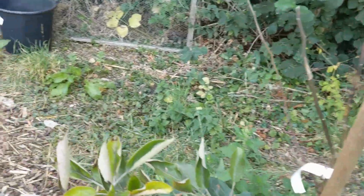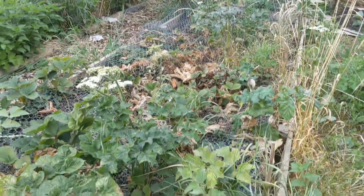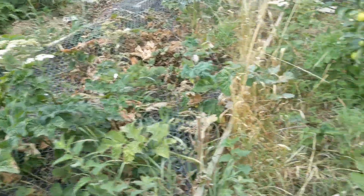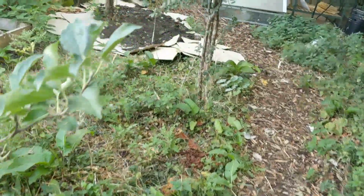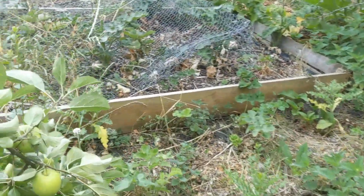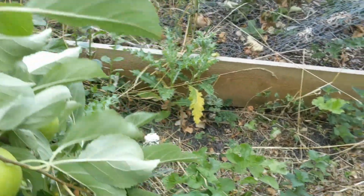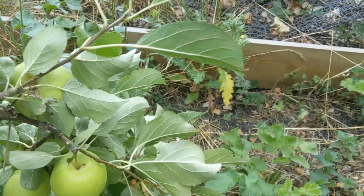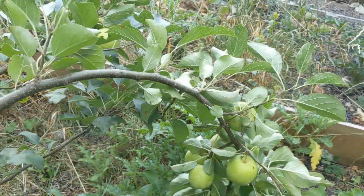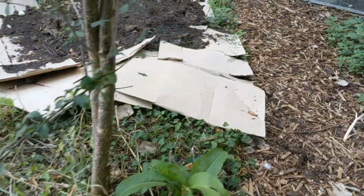One of the apple trees which is not doing very well. This is where the new polytunnel will go, so I'm not particularly worried. And here is the, I think, what is it called? Green Sleeves apple. I don't want to move it so much. It's very laden with fruit. This is again first year fruiting. These are 3-year-old. All the trees are 3-year-olds, except some of the